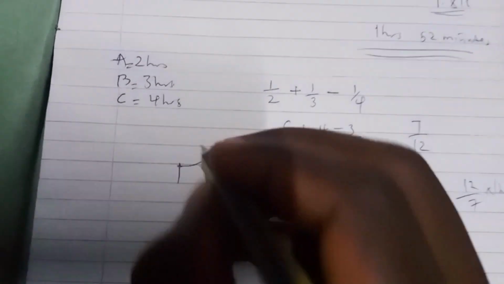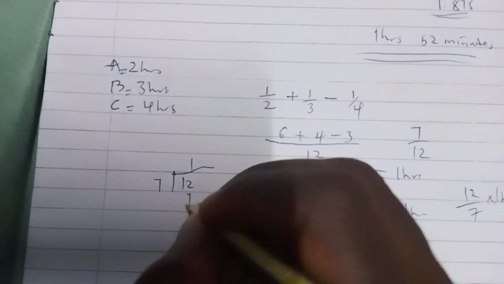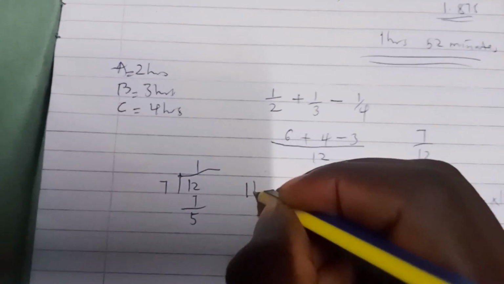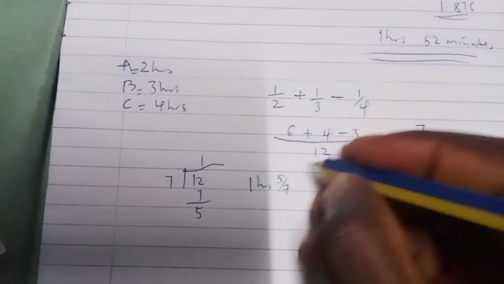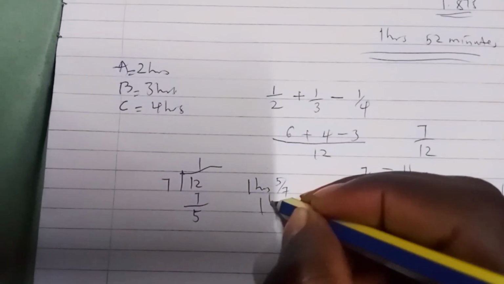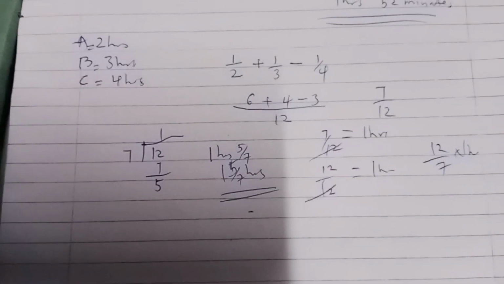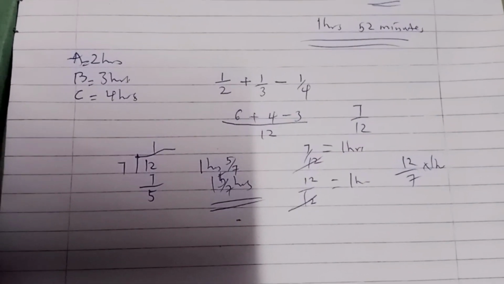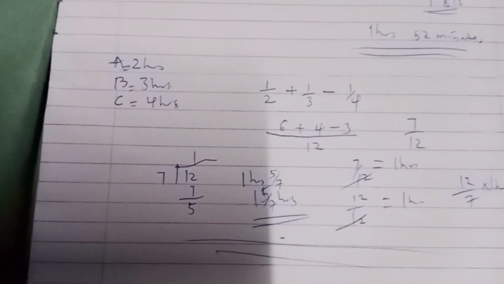Let's use long division. So it is 12 divided by 7. So by 1, because of 7, you are getting 5. So it is just 1 hour and 5 over 7, which is the remaining. So it is just 5 over 7 hours. So this is the time that is taken by the 3 taps if they were opened at the same time. So this is basically what is being tested on taps,